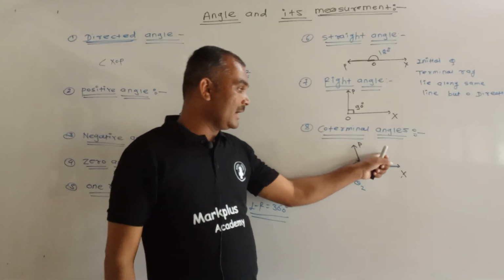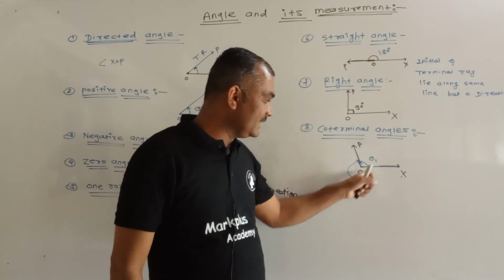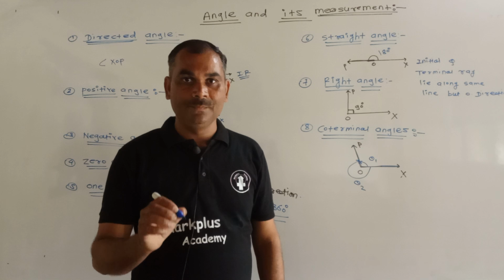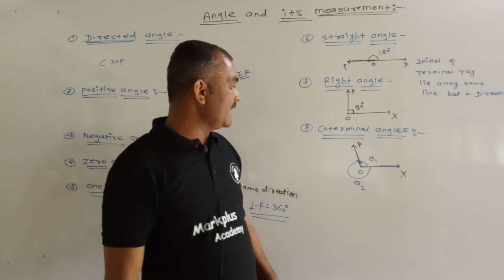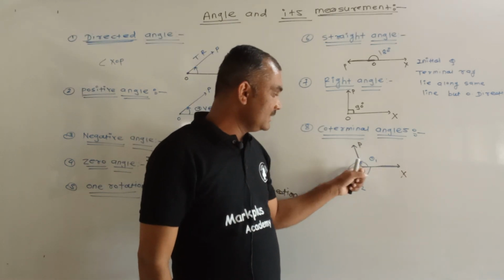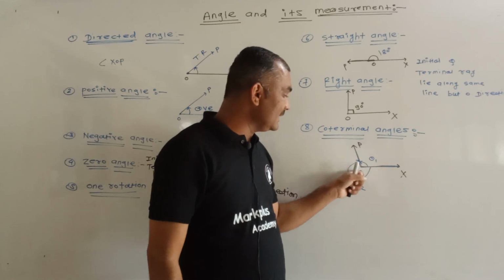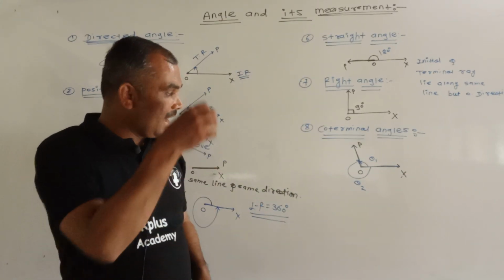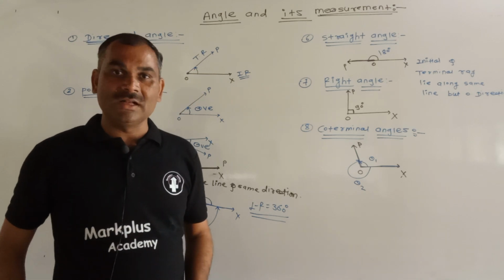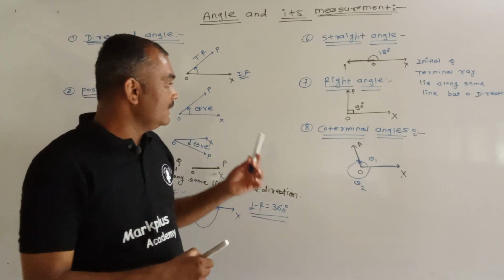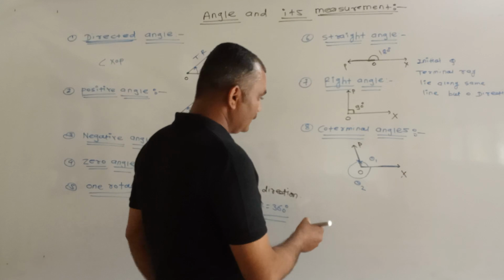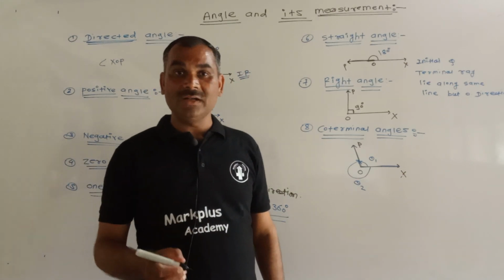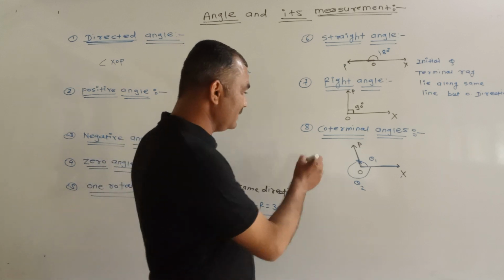Okay, two angles θ1 and θ2 having different magnitude but same initial and terminal ray, then θ1 and θ2 are called as co-terminal angles. Okay, so we have to identify the given angles are co-terminal or not. At that time, here we